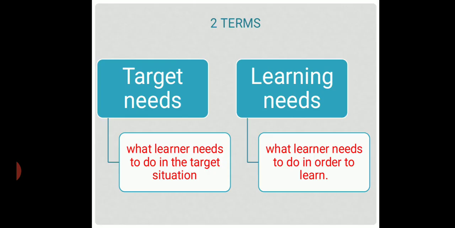And remember, there are two terms in the needs analysis. We have what we call target needs and also learning needs. Target needs are what the learner needs to do in the target situation, while learning needs are what the learner needs to do in order to learn. So we are focusing on what the learner should be able to do, and what the learners need to do in order for them to be able to learn. Okay,